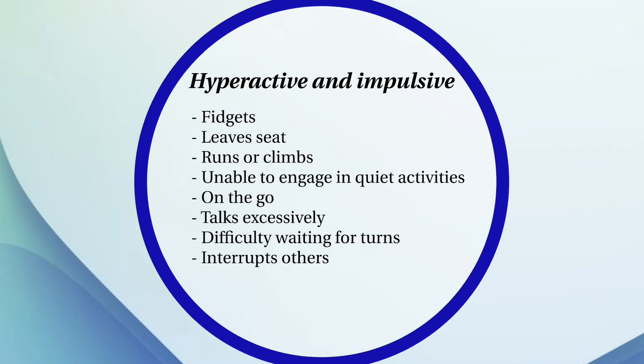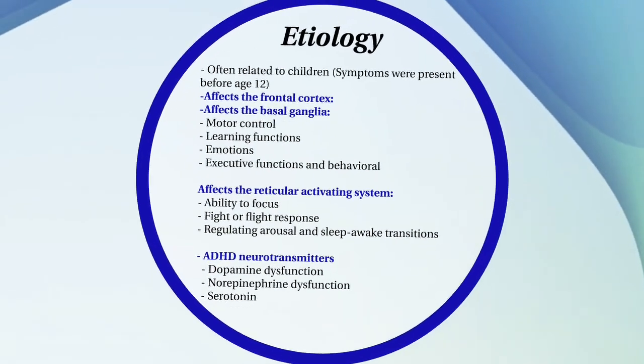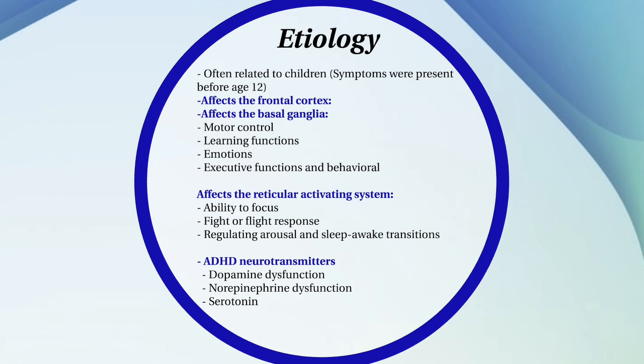As I mentioned, you need to discern those two types, and it can also be a mixture of both. There will be patterns of each that we just described, and there would be a mixture of both types. So, where does ADHD come from? What do we think of it? Well, let's start by saying that oftentimes, in order to diagnose someone with ADHD, the symptoms need to be present before the age of 12, right? And it's known to affect the frontal cortex.